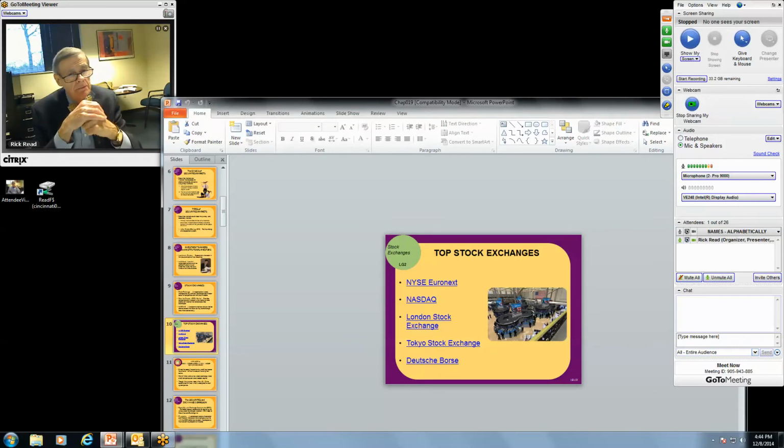Now, these are the major stock exchanges in the world globally. You'll see NYSE, the New York Stock Exchange, and Euronext, they're together. And as I remember, Euronext did buy the New York Stock Exchange out, even though the New York Stock Exchange has higher name recognition. And we find the NASDAQ, which we just talked about, the London Stock Exchange, which is